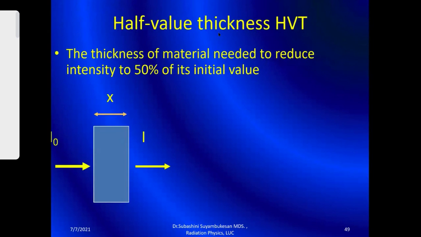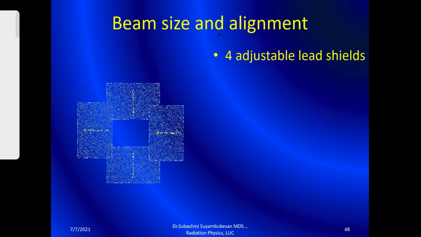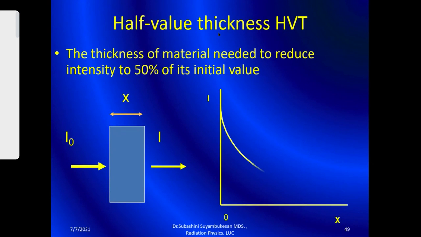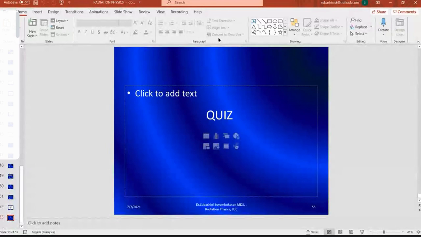Filtration. Okay, filters are made up of... come on students, come, filters in an intraoral machine are made up of... Aluminium. Very good, aluminum. If it is made up of lead, it is very thin. Okay, clear? In dental use, it is made up of aluminum. Half value thickness of a material is the thickness needed to reduce the intensity by half. Okay, so these are the dosimetric things which I want you all to understand. Any doubts, students?